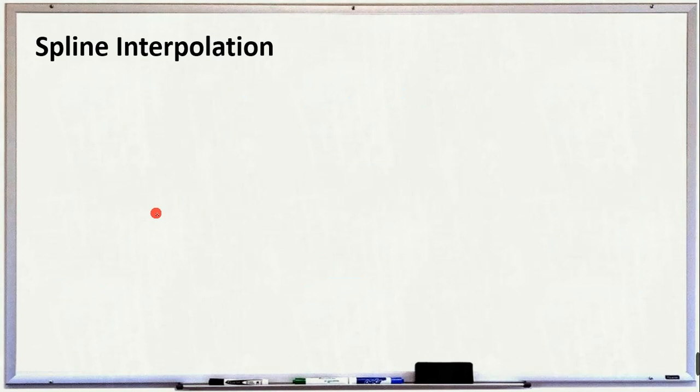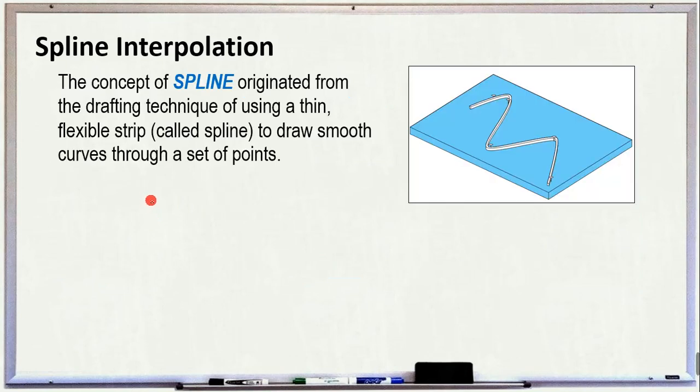Now, what is spline interpolation then? The concept of a spline originated from the drafting technique of using a thin, flexible strip called a spline, as you can see in this figure, to draw smooth curves through a set of points. In this figure, we have one, two, three, four, five distinct points. And our spline right here, which is a thin, flexible strip, runs